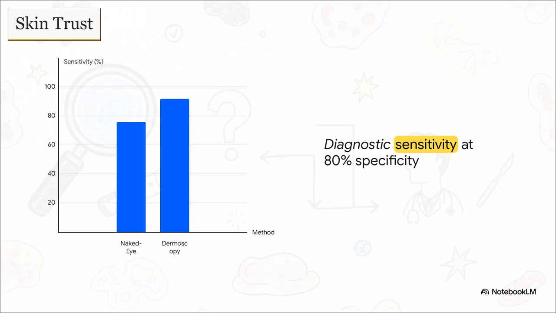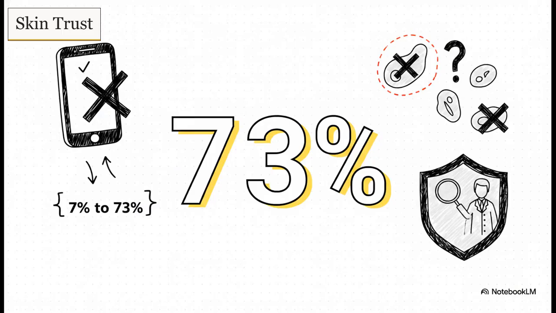Dermoscopy isn't just some magic magnifying glass that points out cancer. It's a learned diagnostic language of networks, streaks, and vascular architecture that you have to interpret in the context of the patient's unique history. But on the complete opposite end of the technology spectrum, we have this massive, honestly terrifying